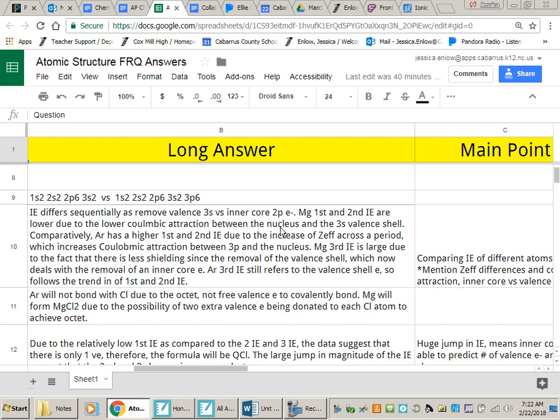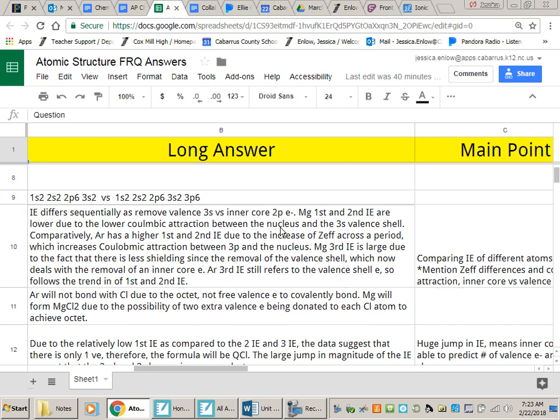So argon is farther to the right on the periodic table, right? So what else does that mean for us? Higher ZEF. If you write the abbreviation ZEF and want to use it maybe 4 times through an answer, just define the abbreviation at the top of your FRQ sheet, and then you can use it. If you've never defined your abbreviation, they'll probably pick up what ZEF is, because that's a very common term. But if you're going to do something like TDF, thermodynamically favorable, they may or may not give you credit because you need to define it first. Okay? So, keep going. Please, tell me about argon and why it's,